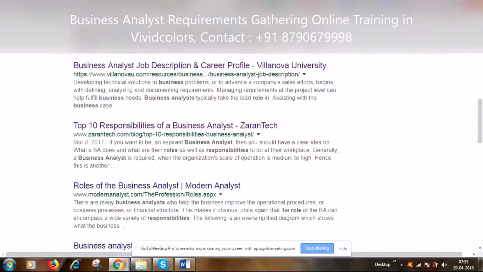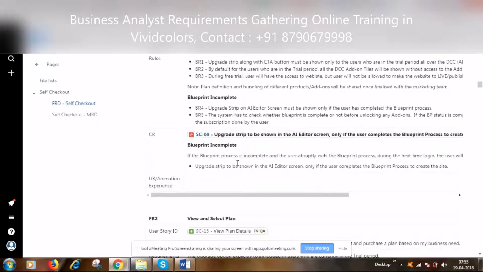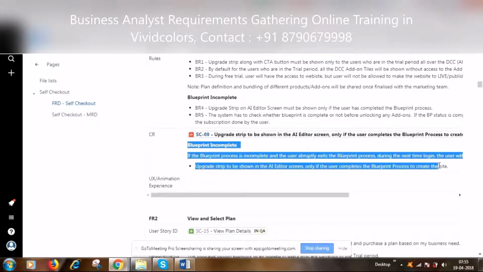For example, unknowingly the user, instead of closing any other item, has mistakenly clicked one of the tabs and then come out. In that scenario also we need to maintain the state, and once the user comes back and logs into the system, he should be able to see the work he has done. So that is one of the change requests we receive.